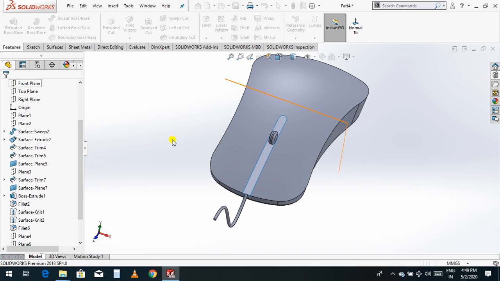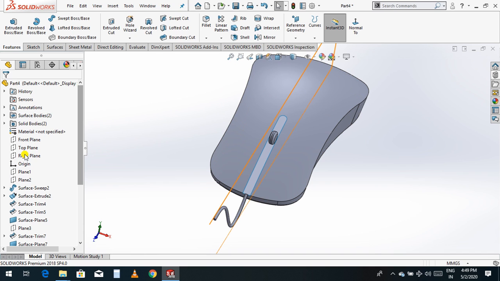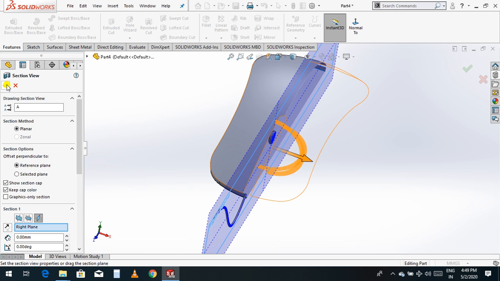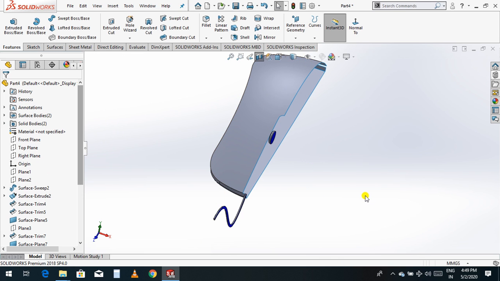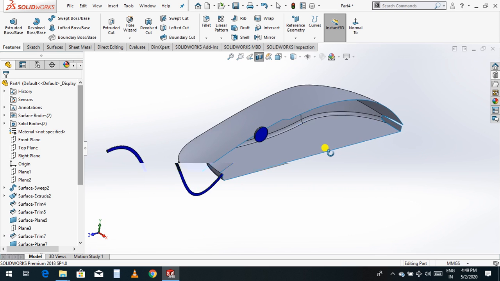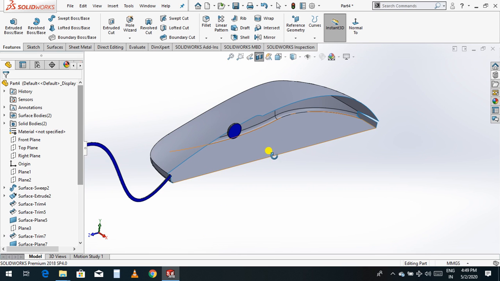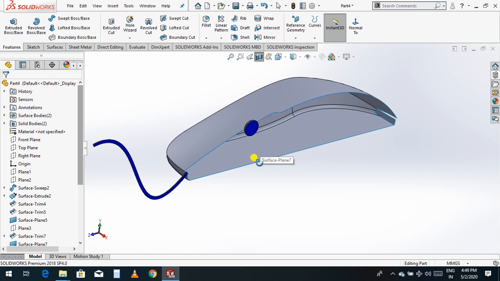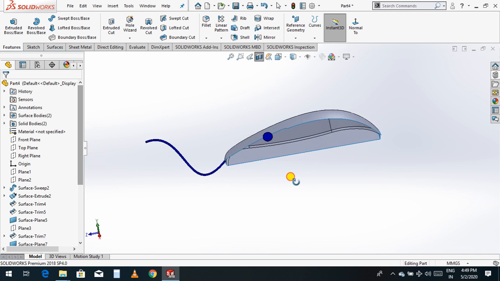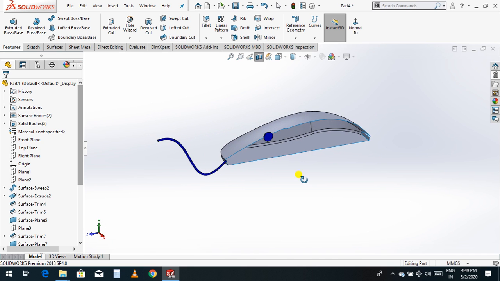Once again choose the right plane and select the section view. Now you can see, now you cut. Okay, now you can see the inside is totally surface. Now you need to put circuits inside the mouse, so that region is hollow. So this is the surface 3D modeling.